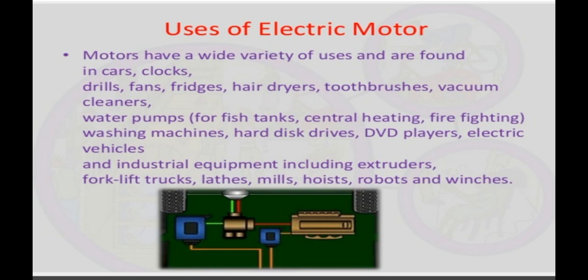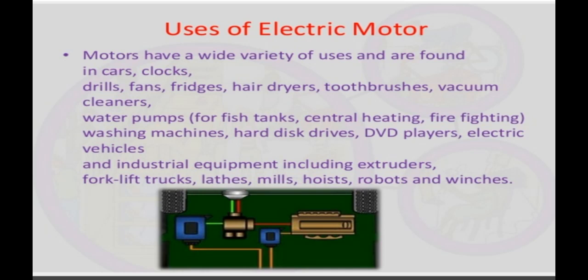Then there is laminating the soft iron core. This means in the armature coil, we can laminate the core using a laminating liquid. Then we can increase its speed by using a powerful electromagnet in place of a permanent magnet. Instead of using a permanent magnet, we can use an electromagnet. This is how we can increase the speed of the electric motor, by having a large number of turns of conducting wire in a current carrying conductor.